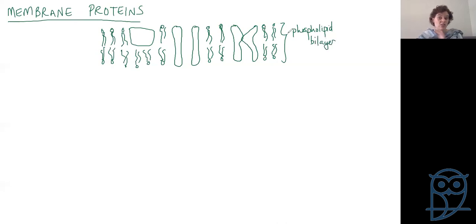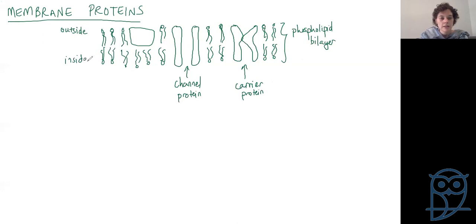And then I've just given 3 different types of proteins. Okay, so here we have what is called a channel protein. And here we have a carrier protein. Let's take this outside and this inside. And then let's make this one with a radius, with an aerial even, which makes him a glycoprotein. Okay, so